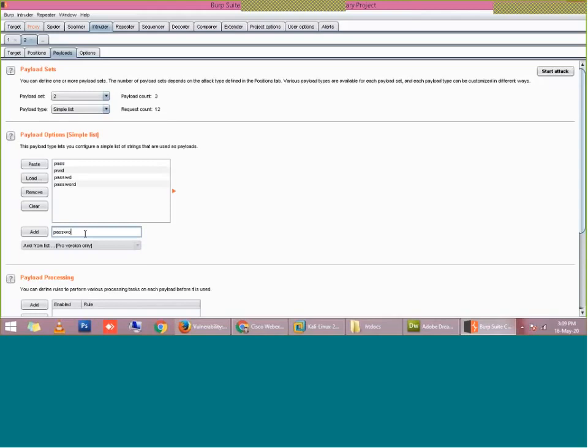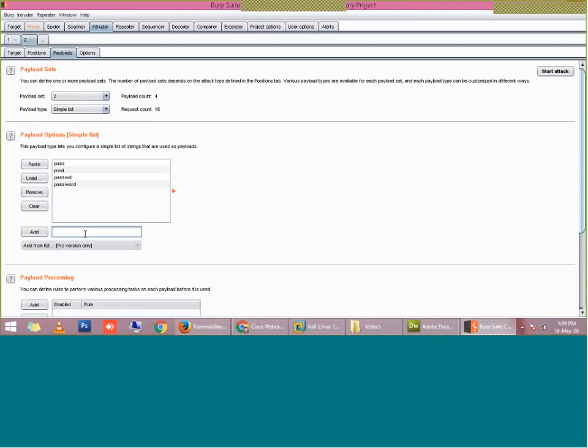So out of this set of usernames and passwords, it is now the duty of Burp Suite to detect which is the correct pair. If suppose you have not given any correct username and password in this set, then definitely this brute force attack is going to fail, right? So both sets must contain some valid pair of username and password.